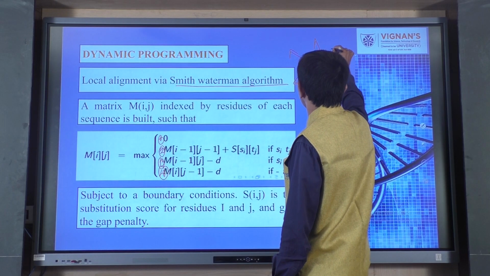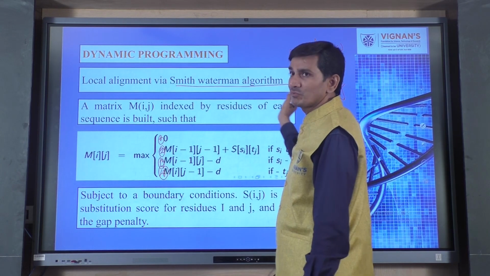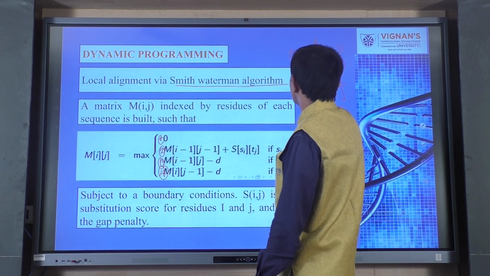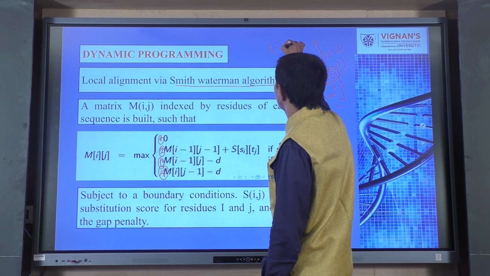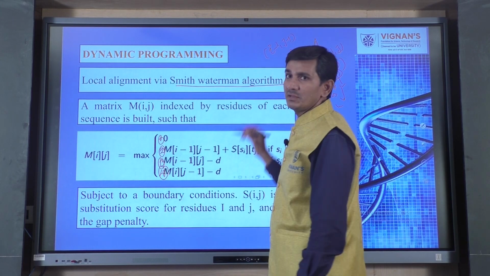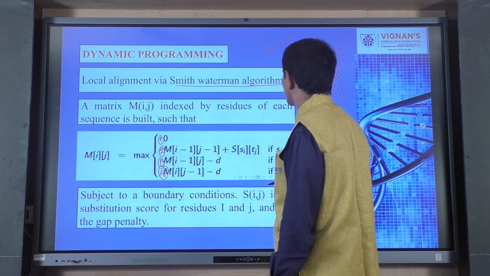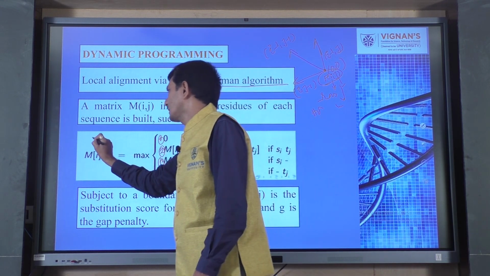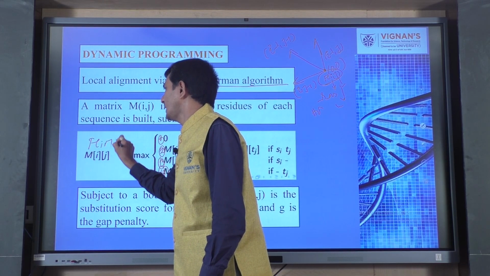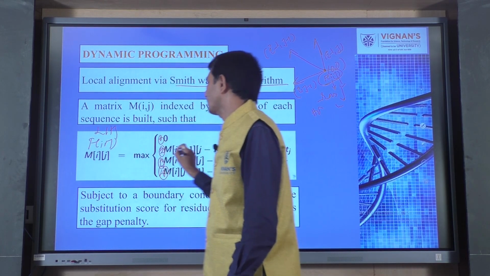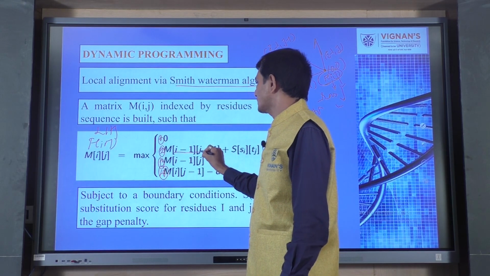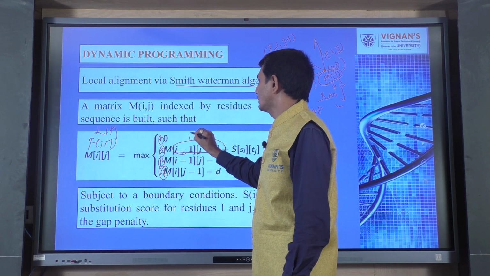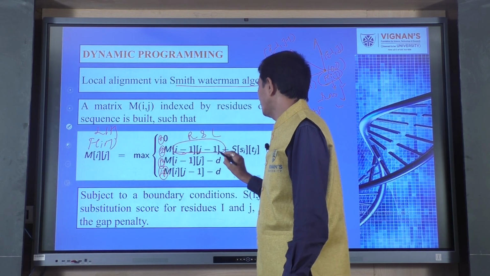So, that is nothing but i minus 1 comma j. As we move to the left, there is a change in column: i comma j minus 1. As we move diagonally, there is change in both row and column, which is defined as i minus 1 comma j minus 1. So, here you can see the 4 possible conditions: f of i comma j on the LHS side and the 4 possible conditions. So, i minus 1 comma j minus 1, which indicates change in both row and column, where